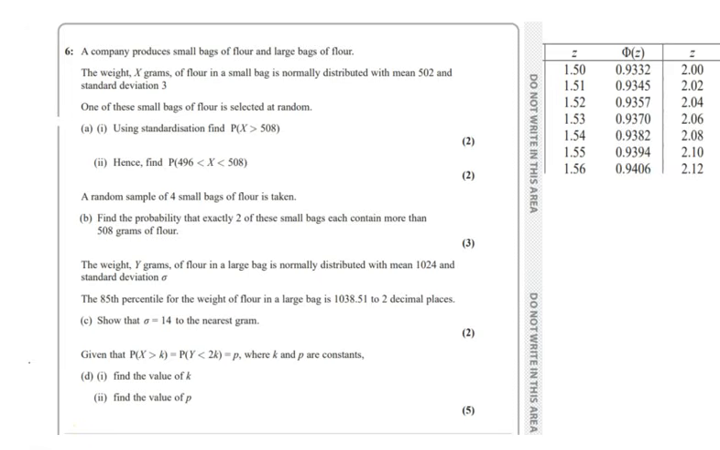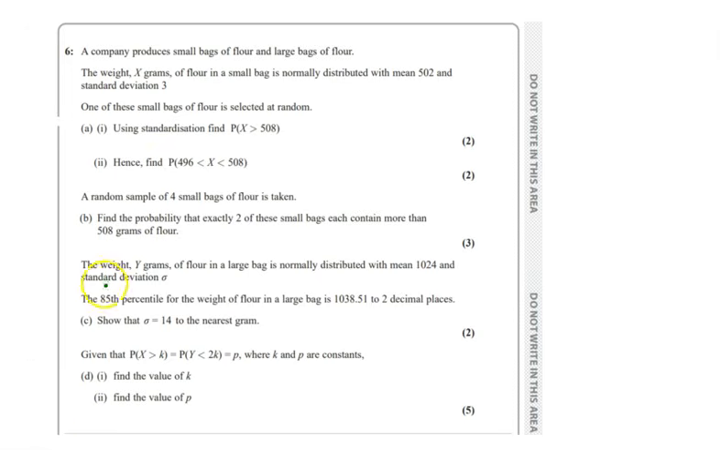All right, next question. I think I'll use the next slide here. So this information says that y grams, the weight y grams of the flour in a large bag, now looking at large bags, are normally distributed with a mean of 1024 and standard deviation of sigma. That means y is normally distributed with a mean of 1024 and sigma, we don't know sigma, we don't know the standard deviation. Now, so they've told us that the 80th percentile weight for the flour is